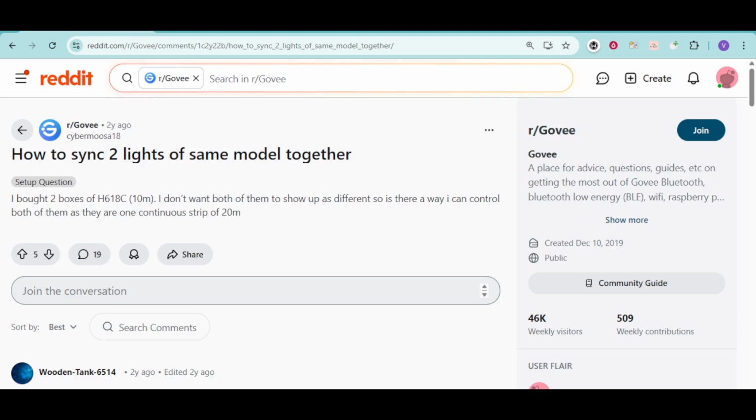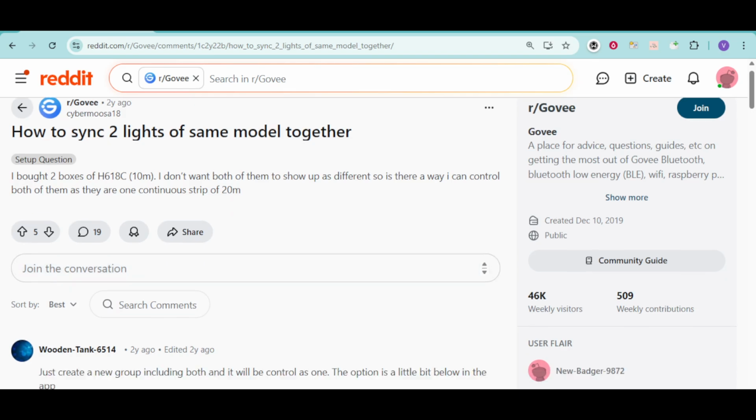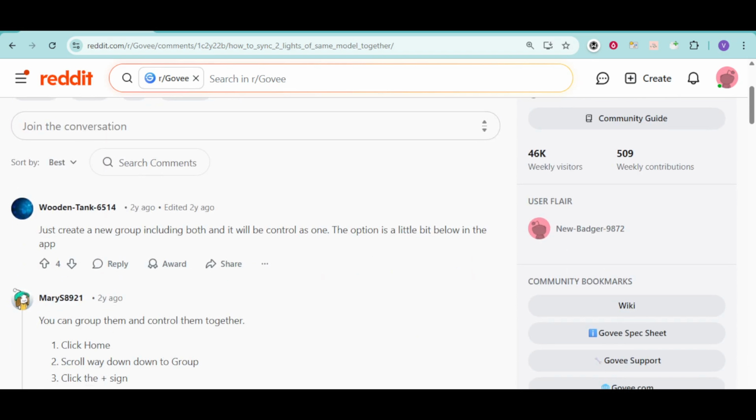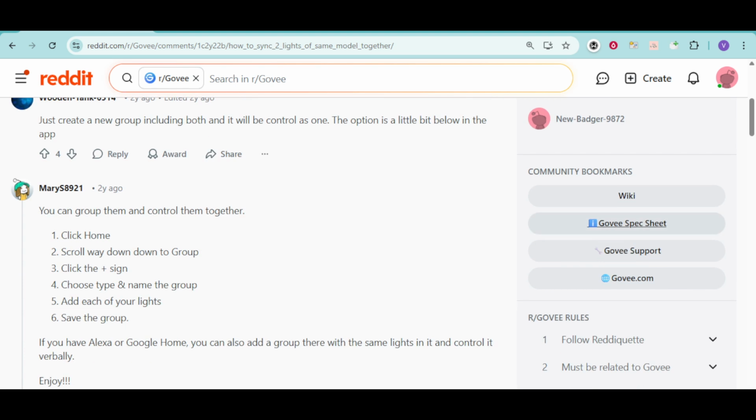Once you have confirmed your lights are active, open the app and look for the Dream View or Group Control feature located on the home screen. This powerful tool is the secret to getting everything working in perfect harmony. You will want to tap on the plus icon to start a new synchronization group. From the list of available devices, select the primary light that will act as the master controller for the rest